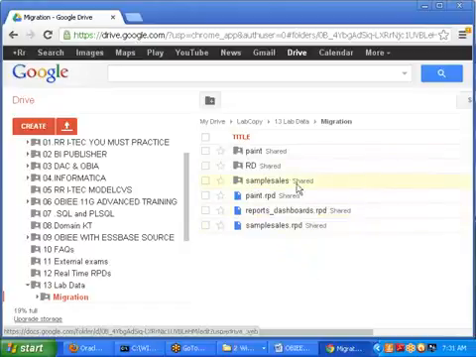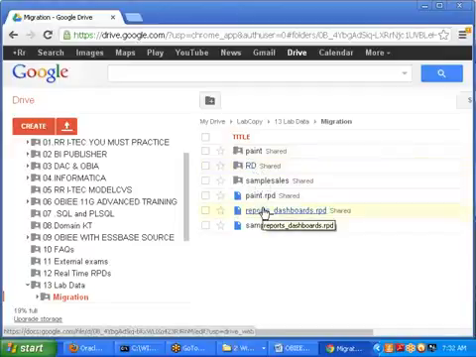This paint and sample sales, whatever we are seeing, these two things were not developed by me. They come by default with the OBIEE 10G installation. Those two things work based on XML files. Where is the data coming from? XML files. In our RRI tech, we developed this reports_dashboards web catalog as well as